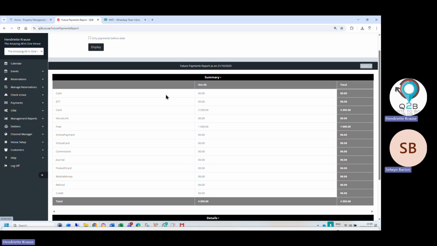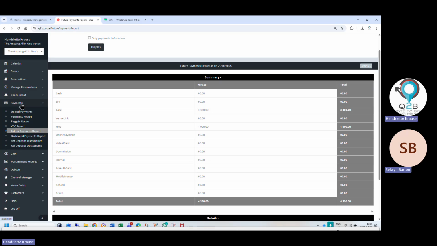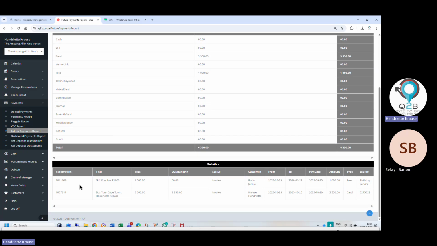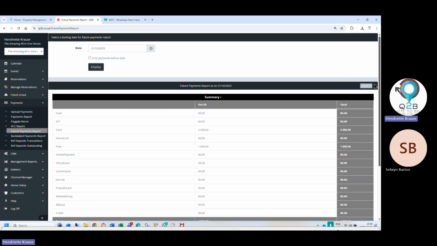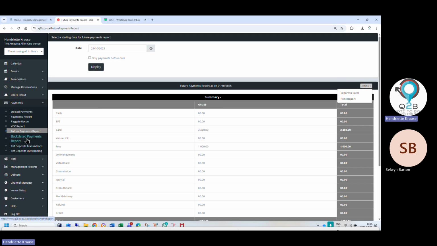Yours will have a summary, November, December. Can you split it per unit or per booking type? No, it just shows you your total and then all the bookings making up these totals. Okay. And you can also export this to Excel if you want to manipulate the report.